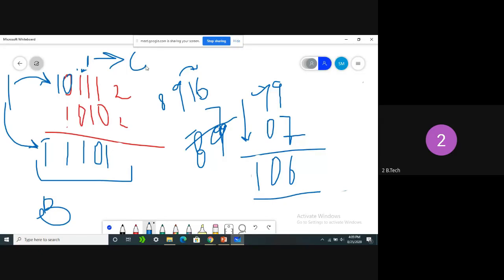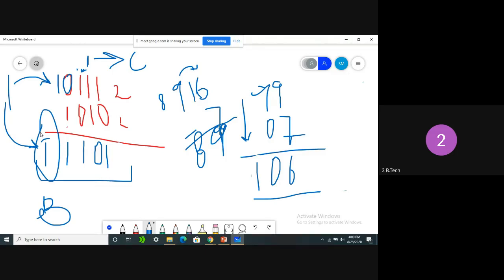So see here, in the MSB position 1 is there. 1 is there in the sense it is a negative bit, because we are subtracting a high value from a low value. That is the reason in the MSB position 1 came. 1 came in the sense it is purely a negative value. That is how the system can identify negative numbers and positive numbers. This is the main advantage of sign magnitude representation.